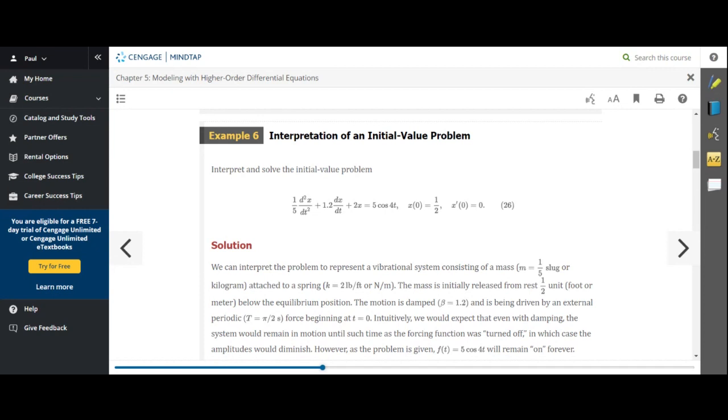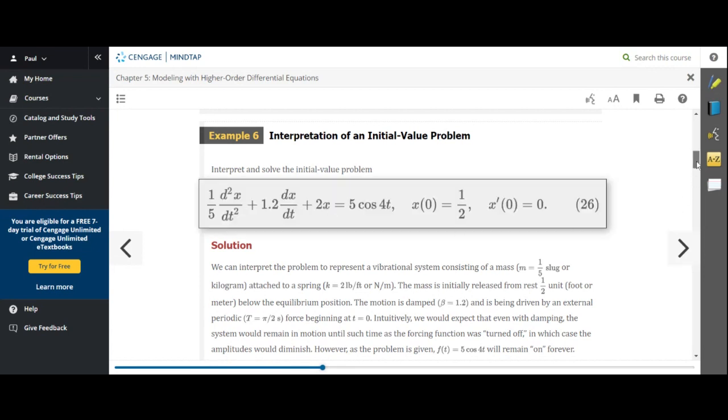So how would you solve this differential equation? Well, you've seen that in section 4.4. The solution for the equation of motion is going to involve a complementary function and a particular solution, and you add them together. The complementary solution comes from the auxiliary equation corresponding to the homogeneous differential equation where the right-hand side equals 0. And the particular function is going to be an educated guess based on